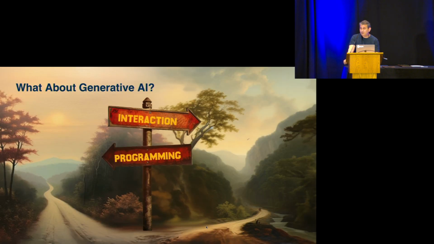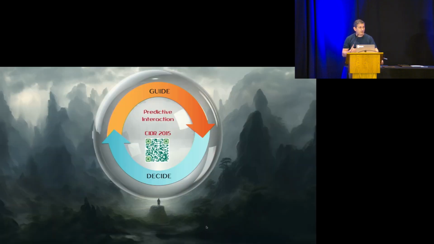Now let's think about human-computer interaction or human-AI interaction. And this is a space where also our community, and particularly people I've collaborated with, have worked on. We did it in the realm of data wrangling. And so we have a paper back in CIDR 2015. Again, you can get the QR code there and follow it, where we talk about predictive interaction and the idea that when a human and an AI agent are interacting, you need to have a feedback loop. And in that feedback loop, the human can very vaguely guide the AI system to its goals.